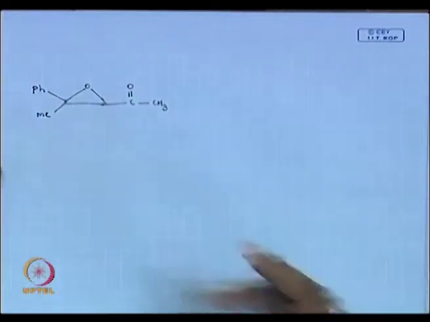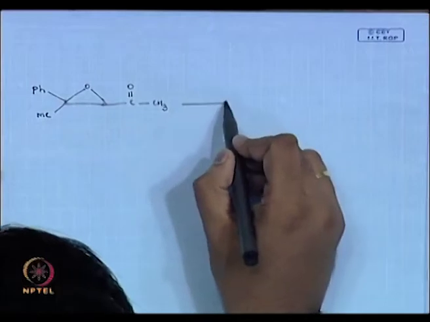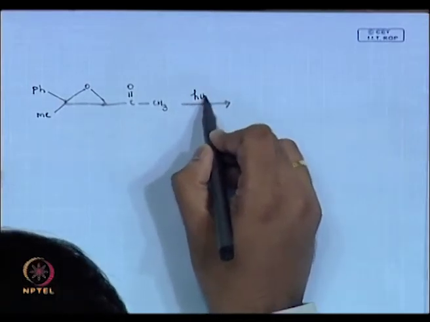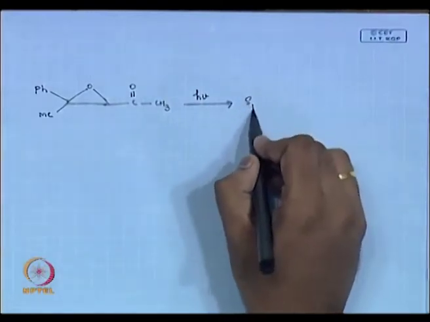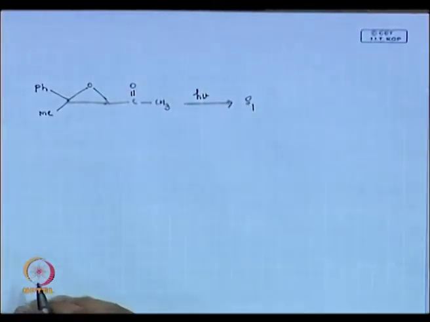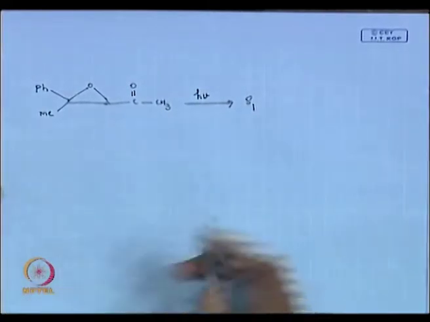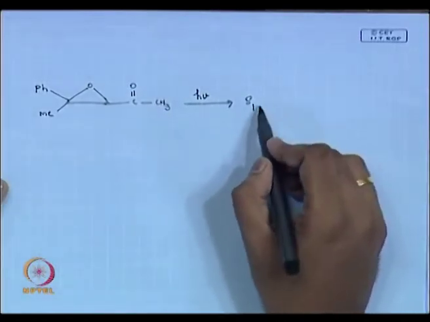Okay. So, what do you do? Once I shine light, I will say that I go to S1, then I do intersystem crossing to T1. No, because it is an epoxy ketone, that is good. So, you remember. Now, from S1